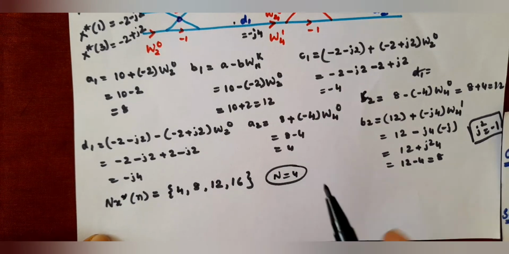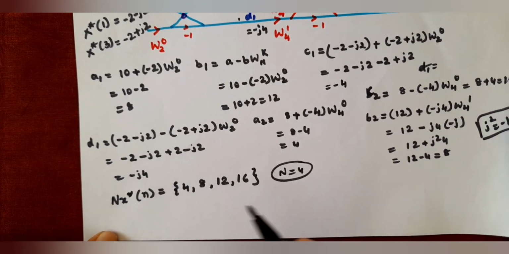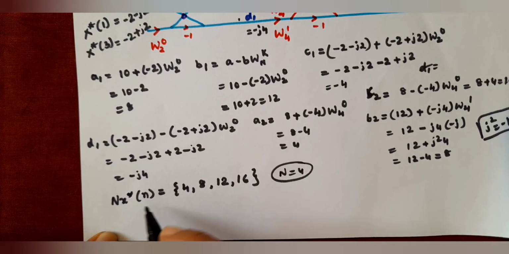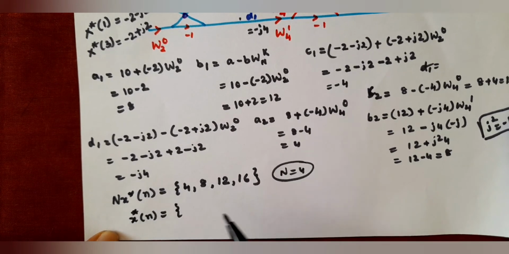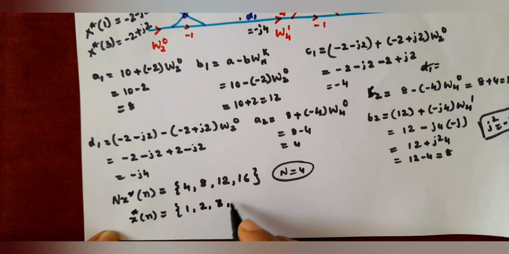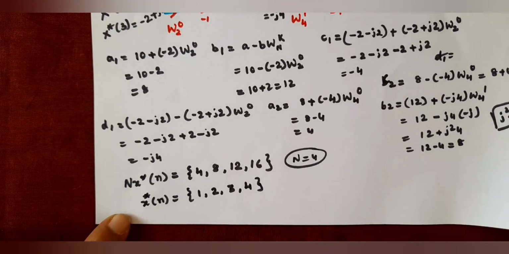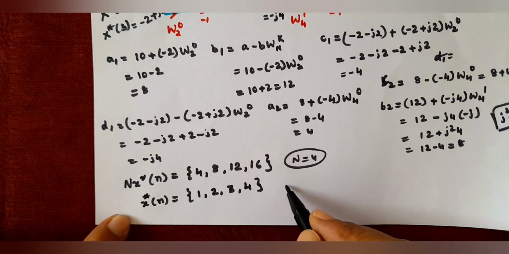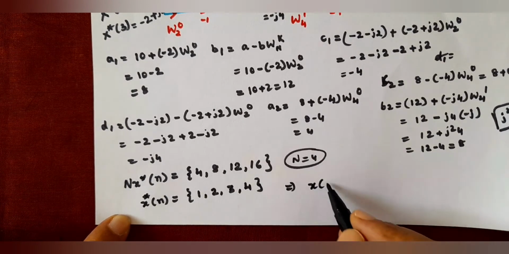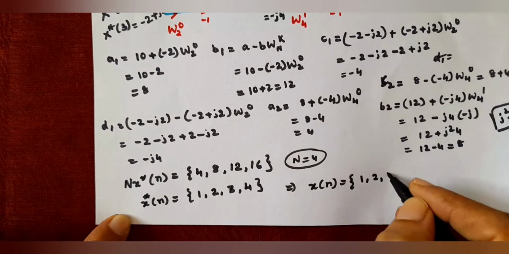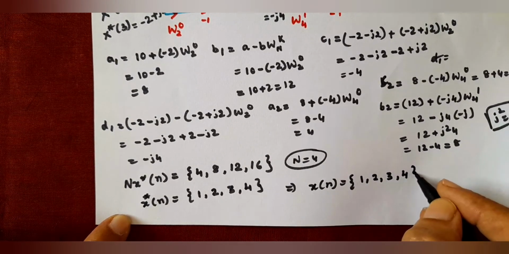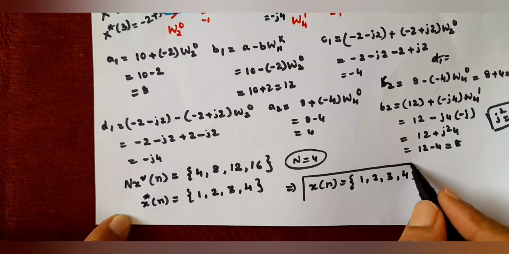So now compute what is x star of n. As all are real, you have to find x star of n divided by capital N. Capital N is 4. So it will come as 1, 2, 3, 4. This is x star of n. Now find what is x of n. Take the complex conjugate. That will be coming as 1, 2, 3, 4. This is the answer